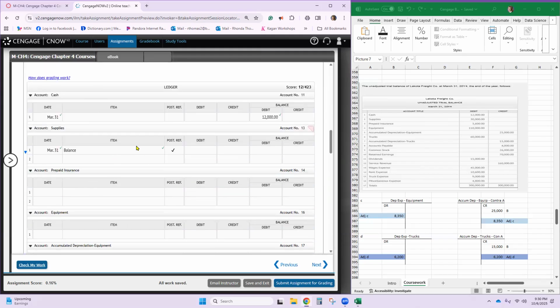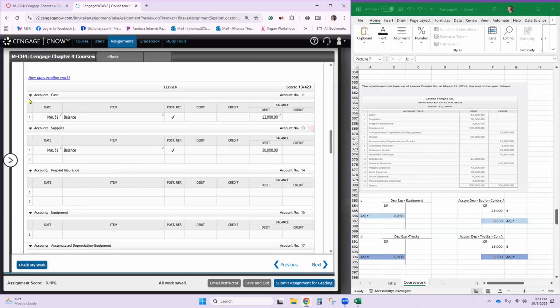Okay, nope, that's what they want, so let me put balance there too, and then the check mark. Now let's see if we get a check mark. Yes, so we do need the word balance. The balance in supplies is 30,000.